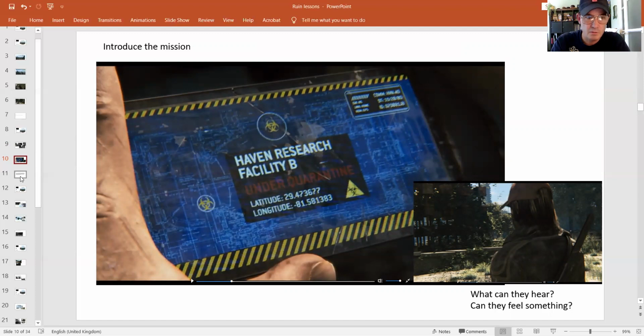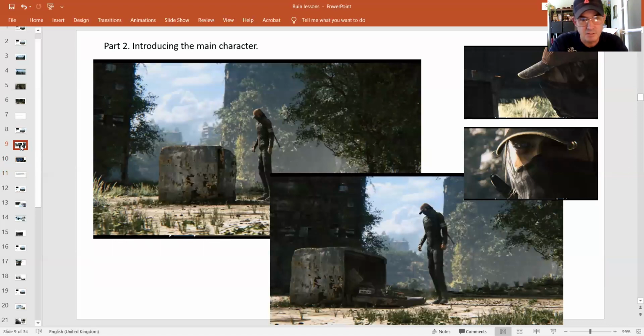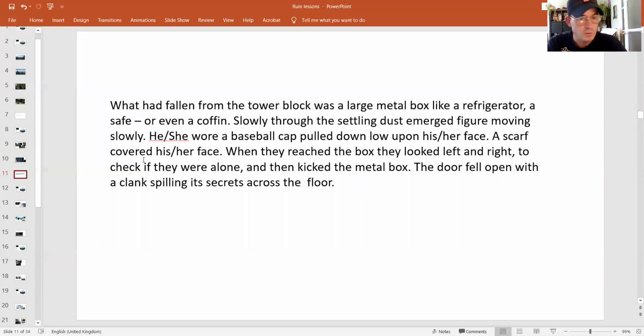I've just given you a few little ideas here. I just had a go at writing something myself. It's not very good, and I'm sure that you can do better. But this is taking it from this point here where the character emerges towards this safe. So here we go. It says, what had fallen from the tower block was a large metal box, like a